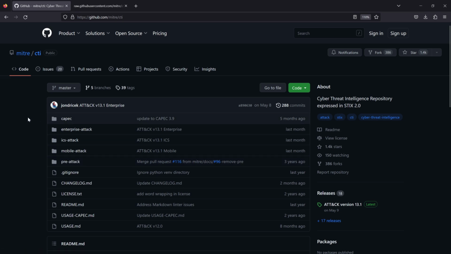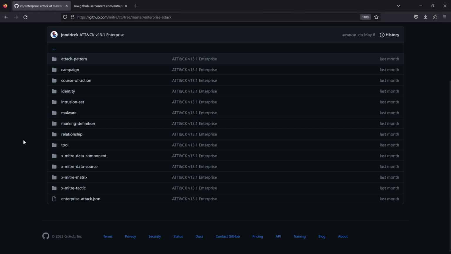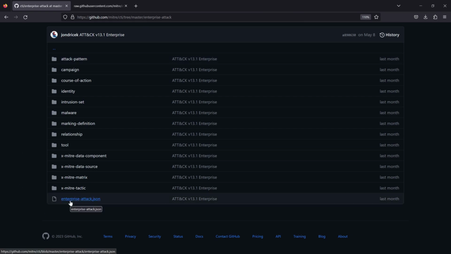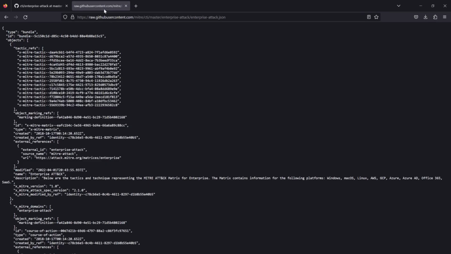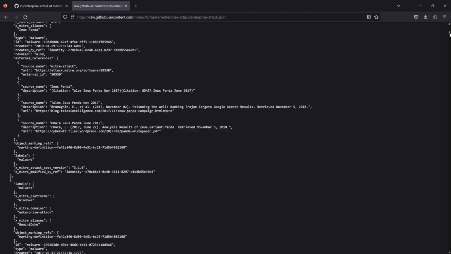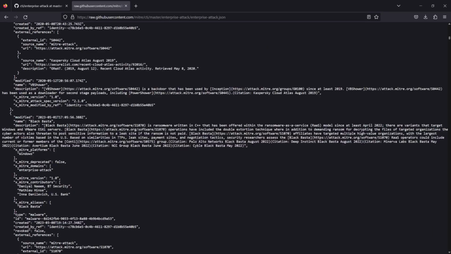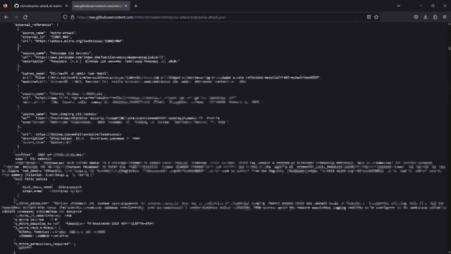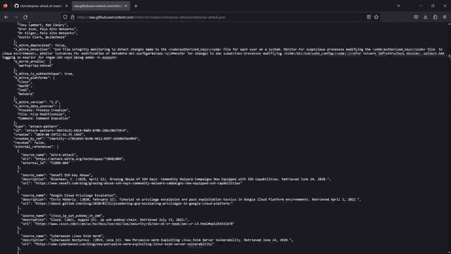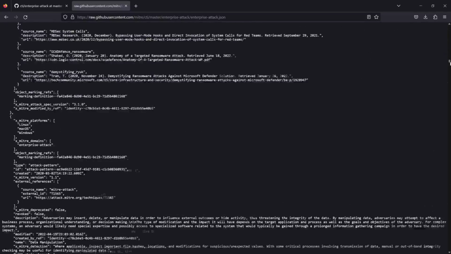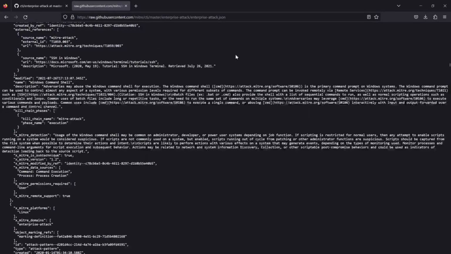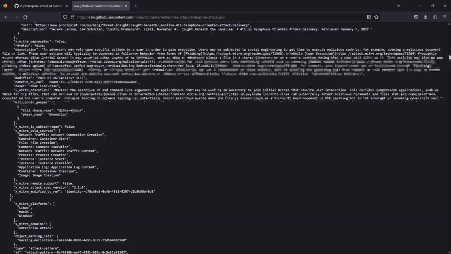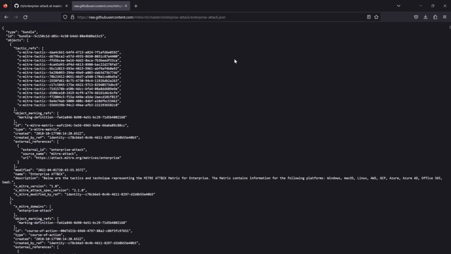And if we go into enterprise attack, they have an enterprise-attack JSON file here. In this JSON file, there is an absurd amount of data. It sometimes breaks my browser just trying to comb through this via a browser. Control F also sometimes breaks it. So be careful using it from this perspective, but just know that it is essentially a JSON file of all